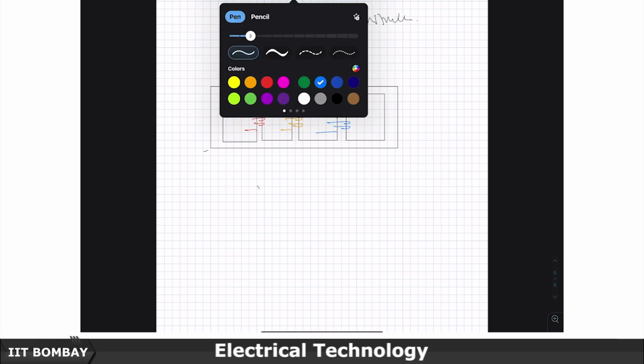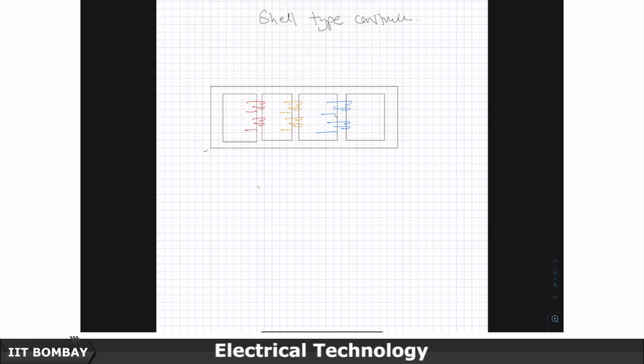Now, the difference here is that this flux will break and have a